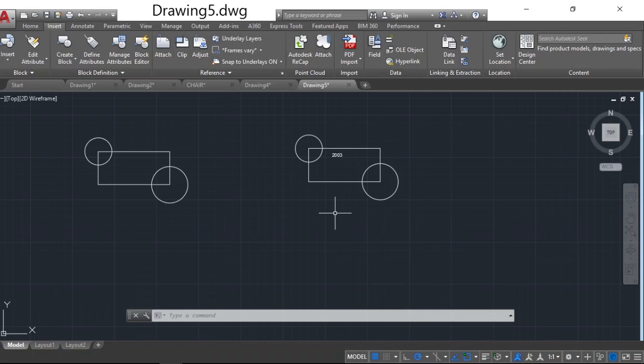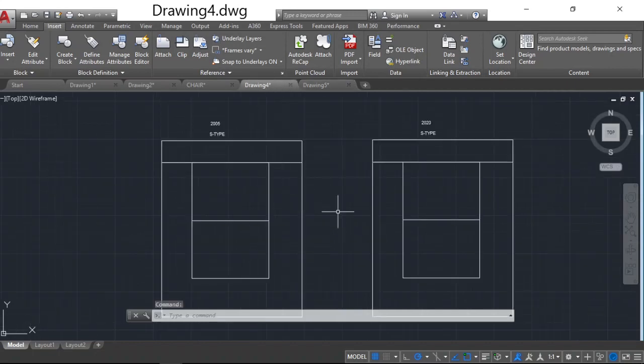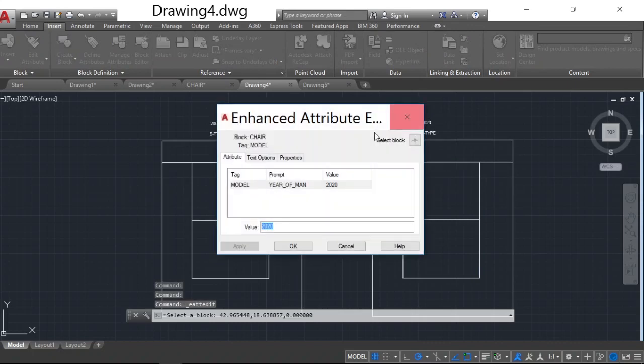A chair may contain year of manufacturing or model name and manufacturer name, type of chair, price of chair, okay, or for example dimensions. So here these 5 types of information you can insert into this particular chair by adding 5 attributes. How can we add the attributes?